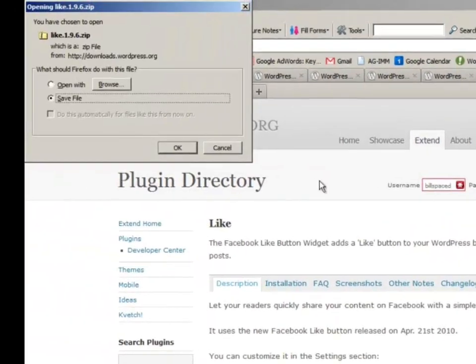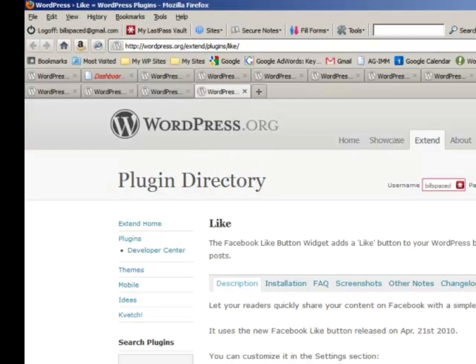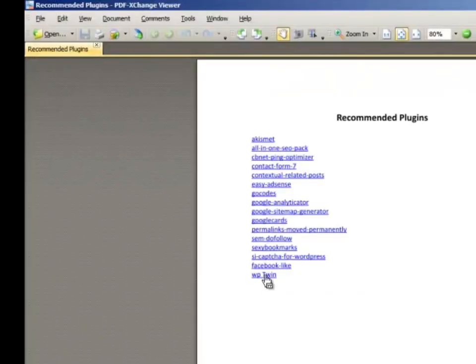Download that, click OK. And actually we're not going to do this one right now because it's not something you can download for free. It's something you actually have to go out and buy, download, and then install. But we've talked about that in another video. So now that we're done with that,